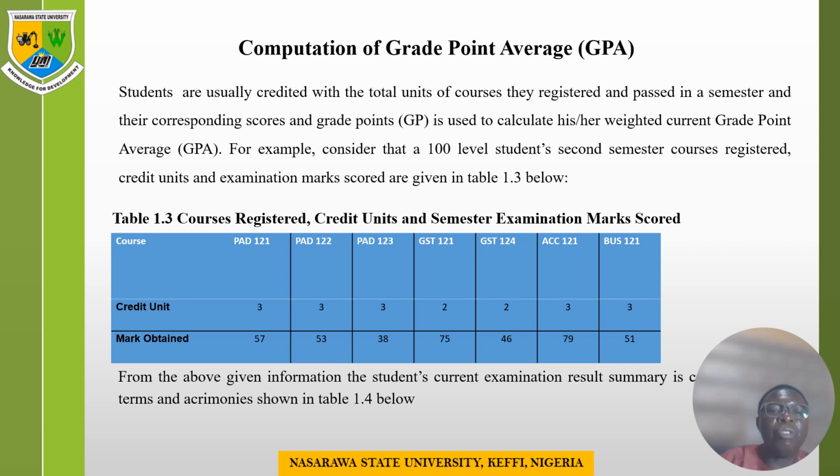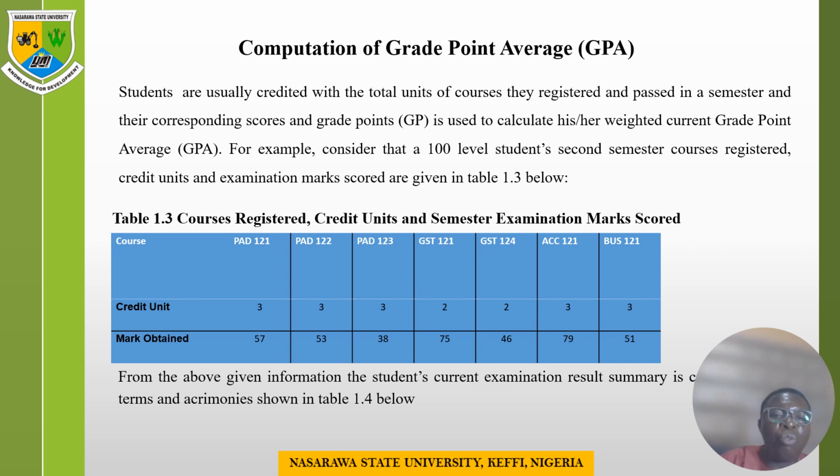For example, consider that a 100 level student's second semester courses registered, credit units and examination marks score are given in table 1.3 below. Table 1.3, courses registered, credit units and semester examination marks score. You will see the list of courses. So these students are in 100 level second semester, and you will see that the courses are